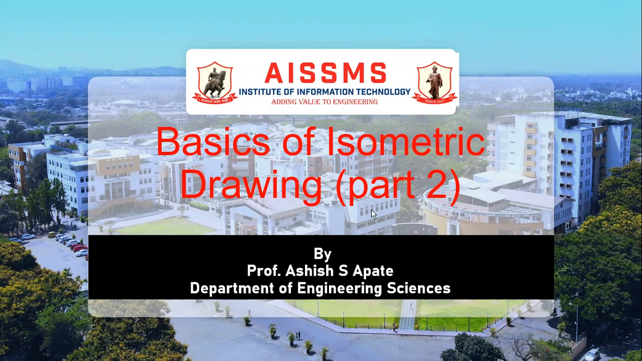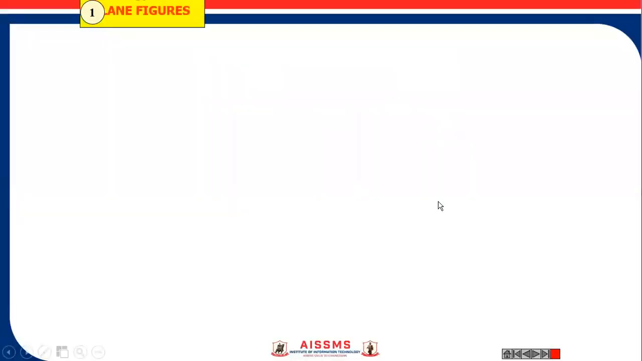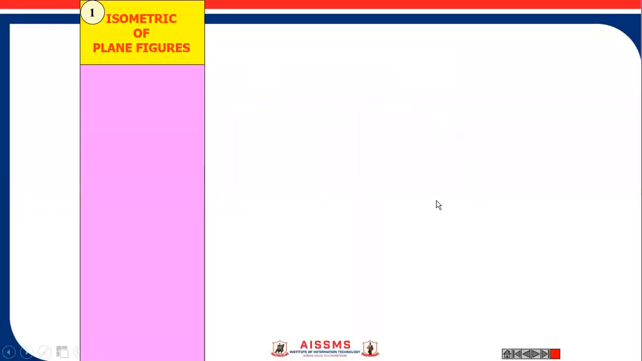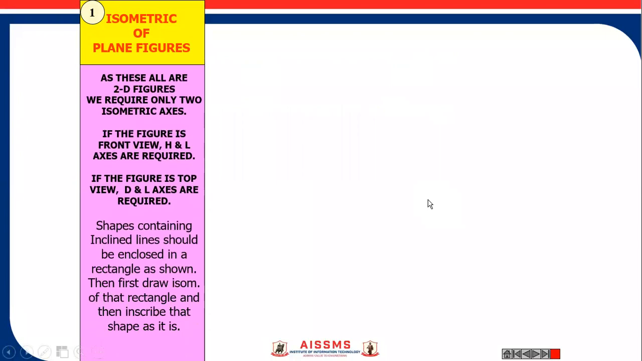Today, we will discuss the basics of isometric drawing, part 2. Now, some plane figures. All these are 2D figures. We require only two isometric axes. If the figure is given in front view, we require height and length. In the top view, we require width and length. So we have to draw the isometric shapes